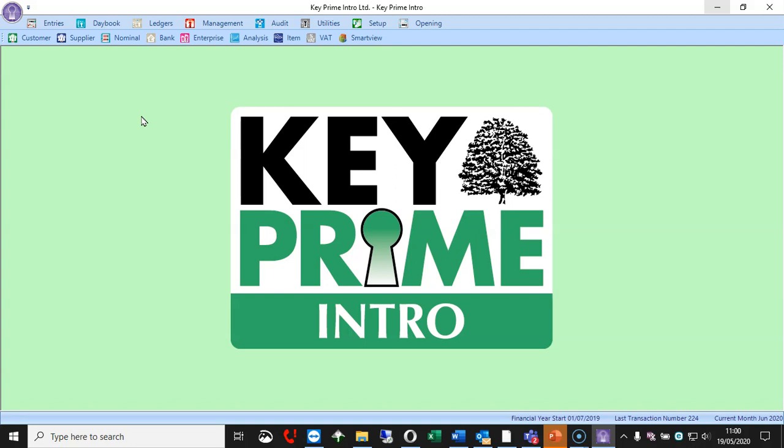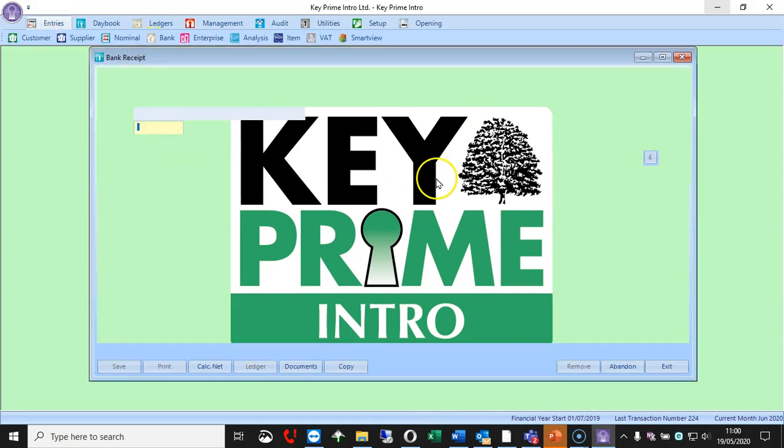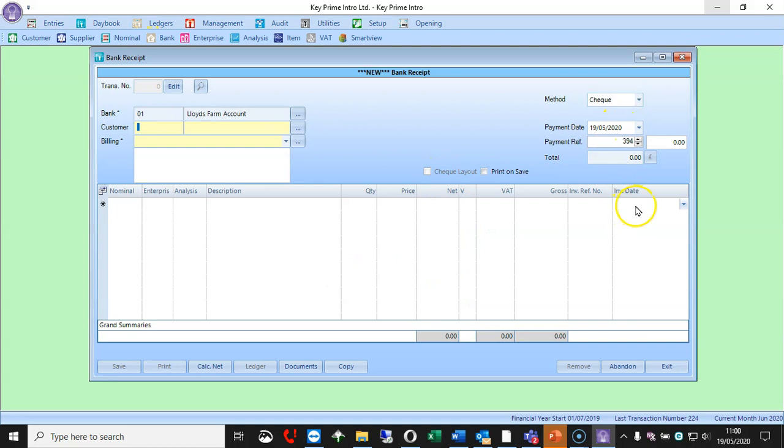We've got one last question. If crop sales are coming in November for last year's crop, how to pick this up for the accountant? So when you do your bank receipt and we've got money coming in there, change the invoice date. If I go and put it that it happened for 19, that will then show them that it came in last year.